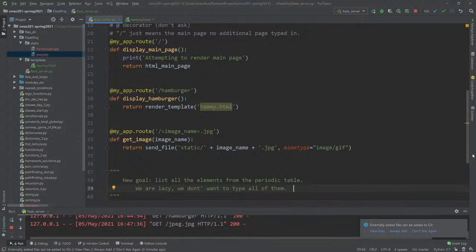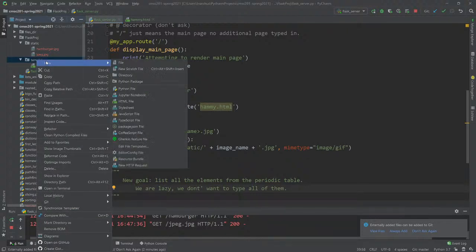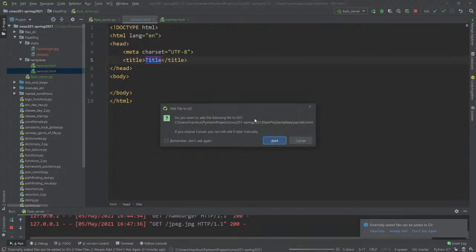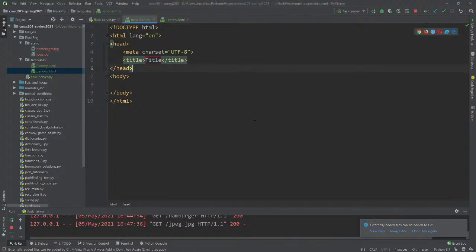And so what we're going to do is make a little template. Let's make an HTML template, and let's call it periodic. And we're actually going to use a for loop. Here's how we're going to do it. We're going to say, here is the periodic table. And then what we're going to do is we're going to say,